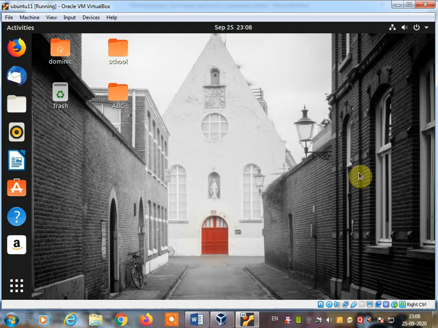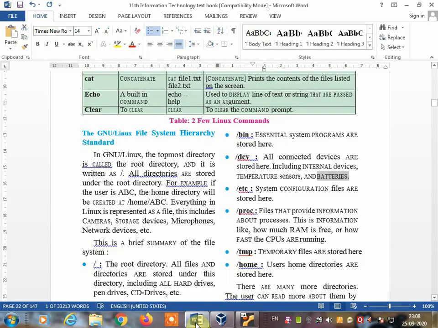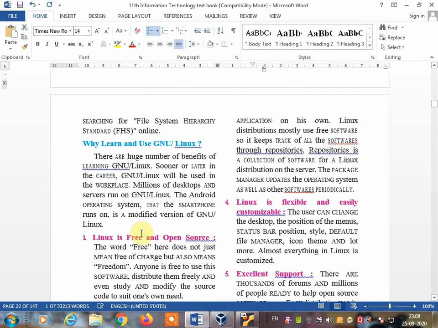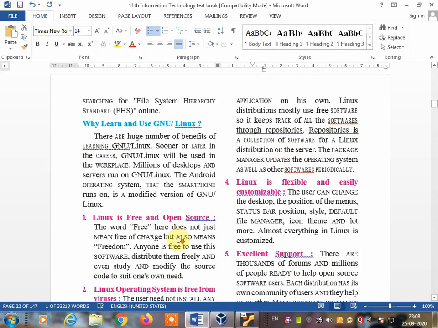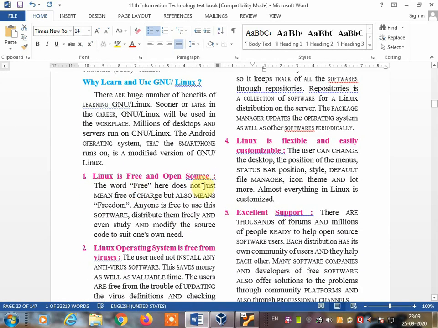That's why we can modify Linux or the GNU. We can modify these operating systems because they give us the freedom to use, distribute, and modify. So the first advantage of the Linux operating system is that it is free and open source. Free and open source means free of charge, but also means freedom.